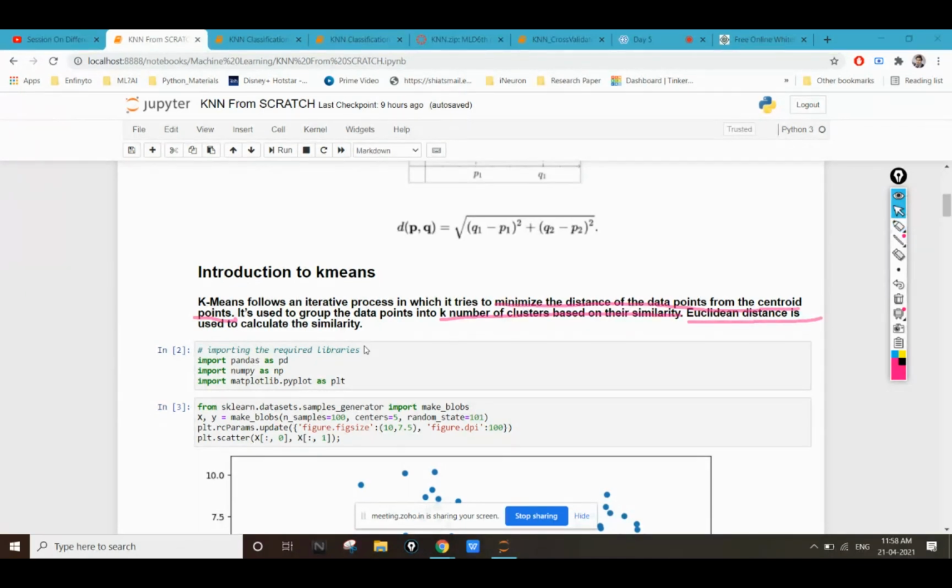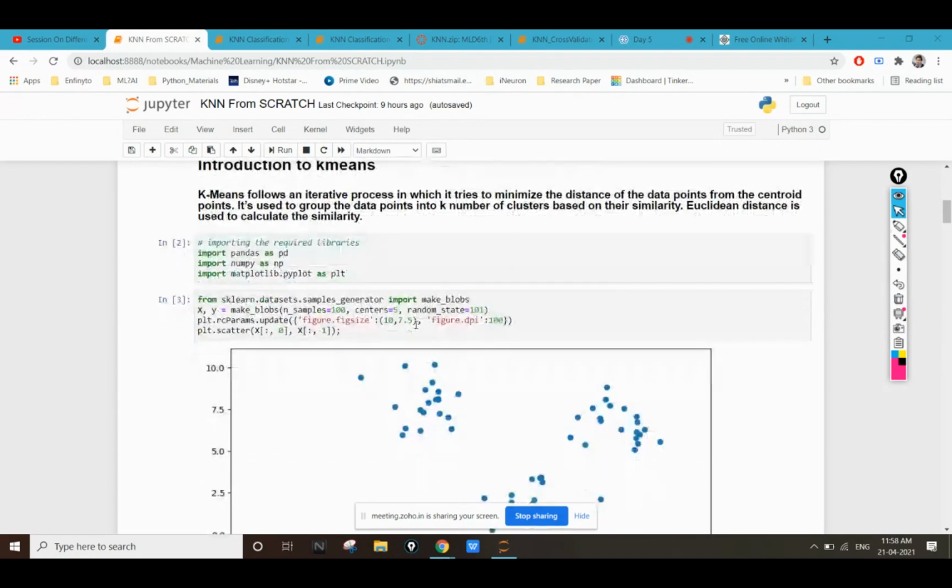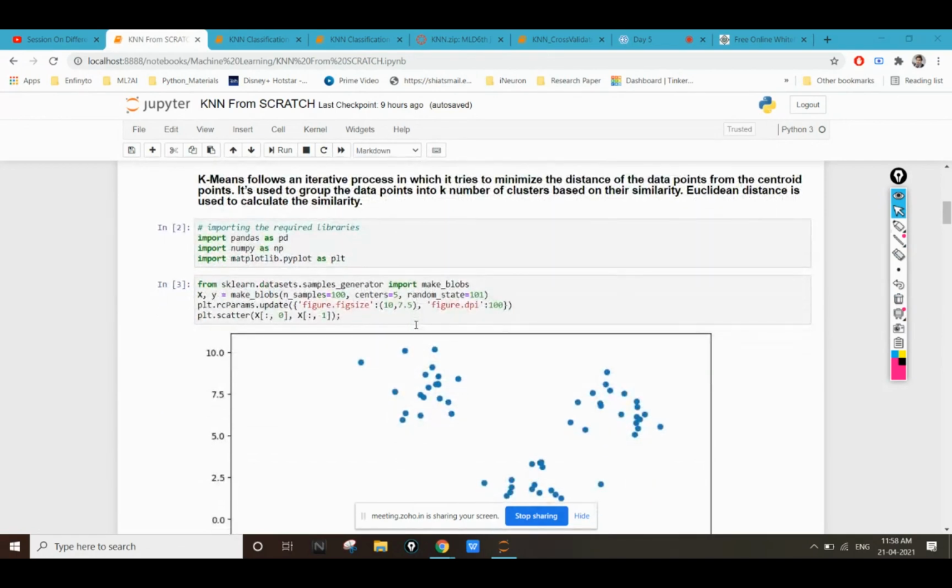Okay. Now let's import the basic libraries like NumPy, Pandas, and Matplotlib. You have already learned all the 3 libraries, NumPy, Pandas, and Matplotlib. Now, firstly, we are going to use the inbuilt method or inbuilt library. Okay.